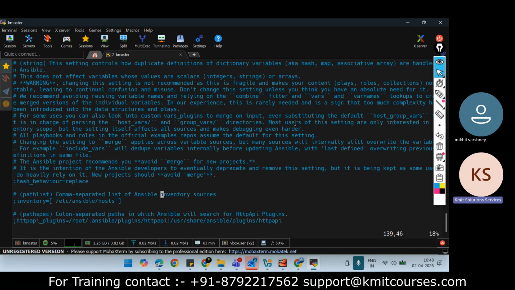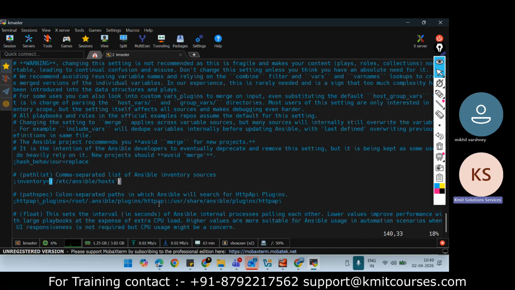Inventory. So here you can see inventory equals to, it is saying, this is my inventory file or the host file. Yes, so I want this one. By default, it is this one. But if you want to change your inventory file, you need to come to this configuration file and modify the inventory file. So now this is fine. So I will save this.